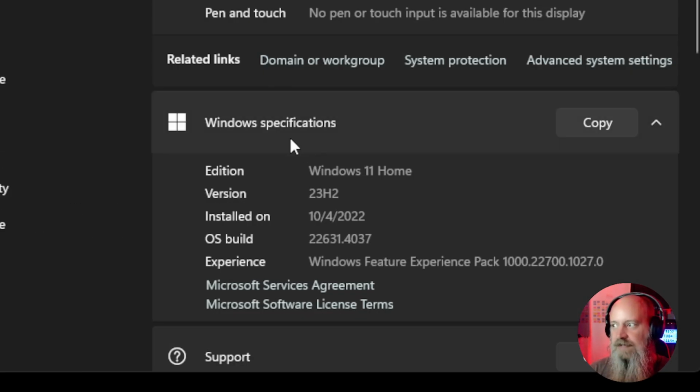All right, so under the Windows specification heading, you're going to see the edition, which is, I am currently using Windows 11 Home, and the version number 23H2. Okay, so what we were looking for is if you're on Windows 11, either Home or Pro, that is preferred, and then you need to have at least version 23H2 for Windows 11. If you're on Windows 10,